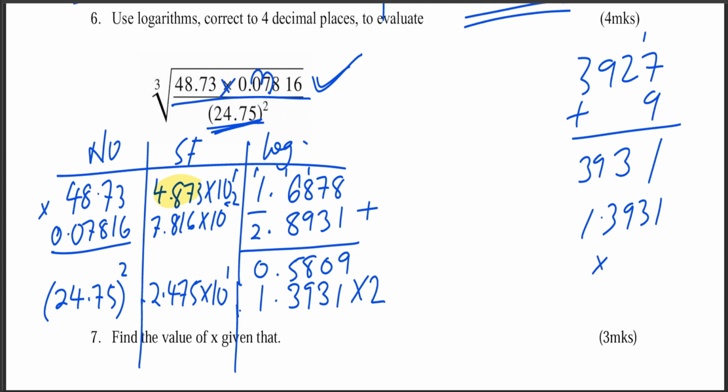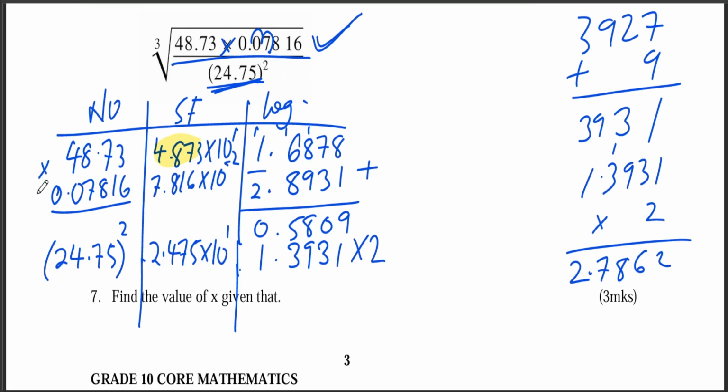Okay, times 2 is something normal, so 1 times 2 is 2, 6, 18, 3 times 2 is 6 plus 1 is 7, 2.7862. So the answer here is 2.7862. Okay, so we are supposed to subtract that from the answer that is above, so we need to subtract